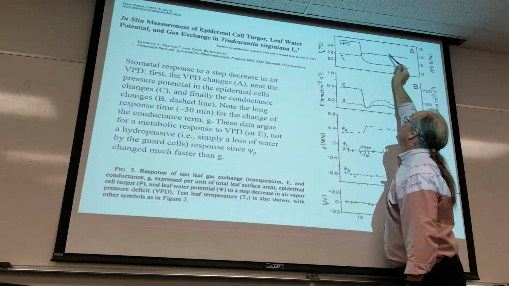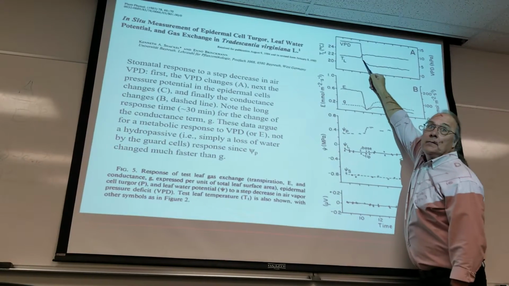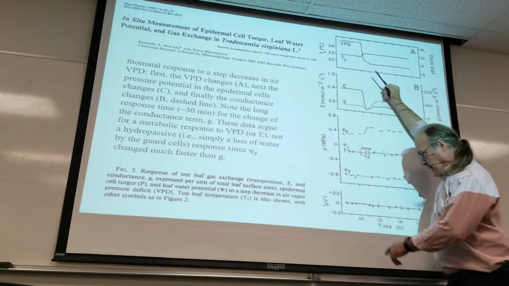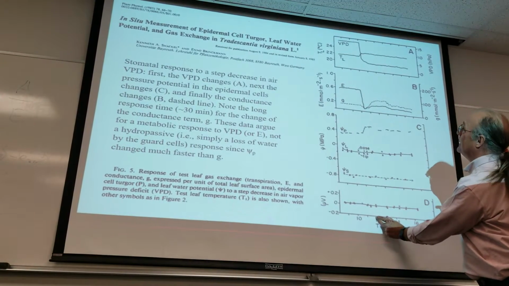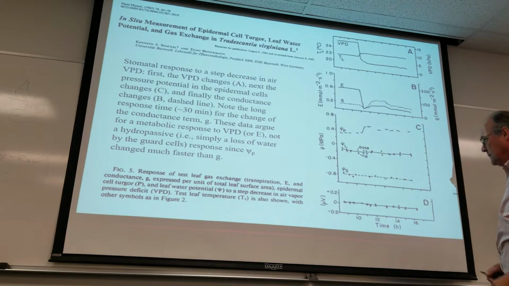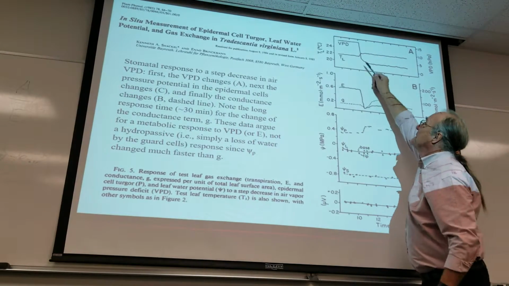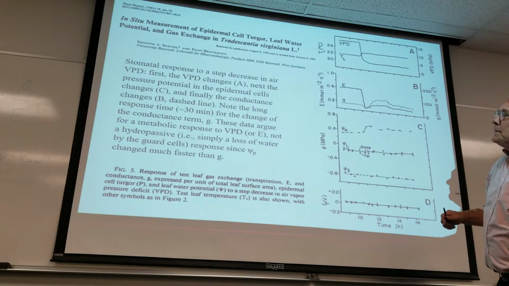What they did was the VPD was high, and then they decreased it here fairly quickly. Time is on this axis, so that's 1 hour right there. Each of these ticks is 1 hour. 10, 11, 12, 1 hour. Okay, so they decreased the VPD, and what happened? Very quickly,